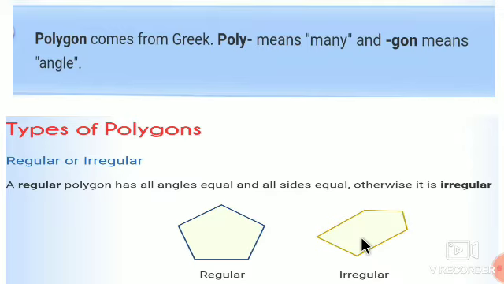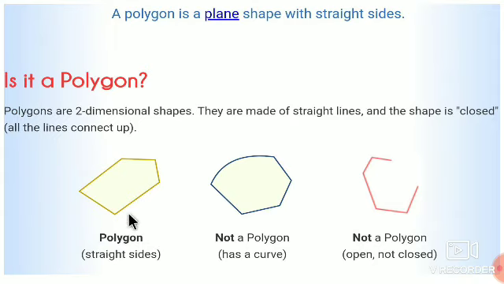What is meant by polygon? Polygon means a shape or figure which has many straight sides, and the figure should be closed. Okay, so what are the polygons? There are many polygons. If you observe this figure, straight sides, so it is a polygon. Here one line is curved, that's why it is not a polygon. Here the figure is open, it is not closed, that's why it is also not a polygon. Polygon is a closed figure, it has many sides, sides are straight. Understood it?